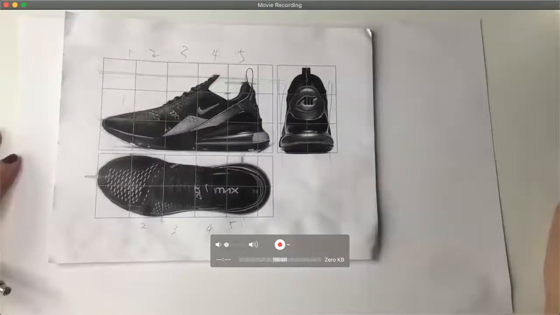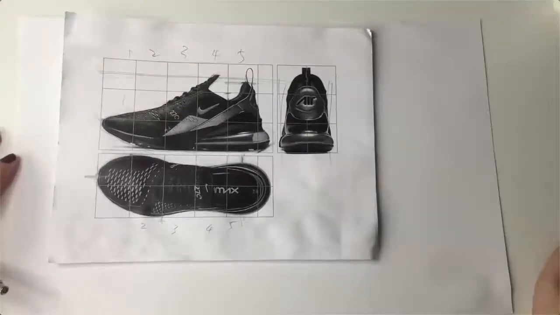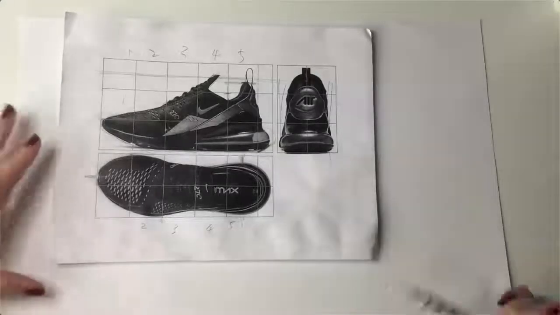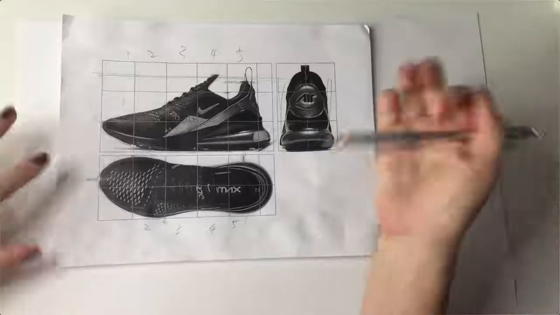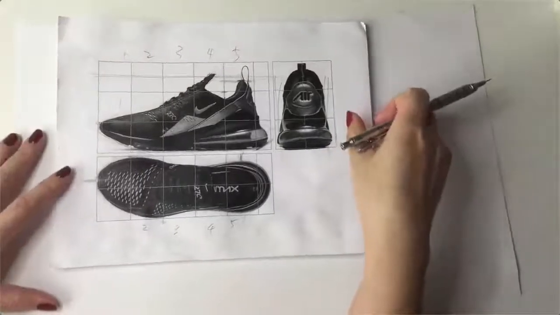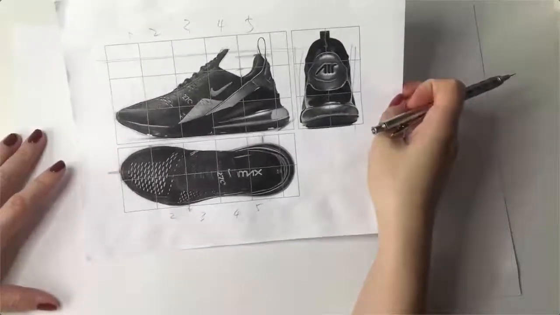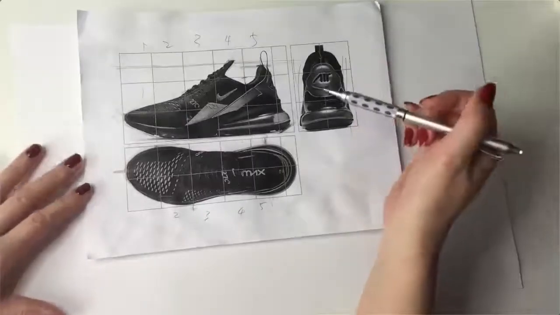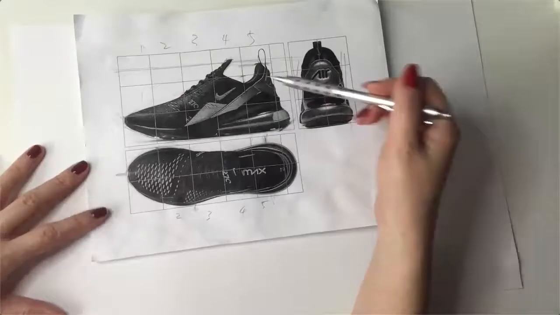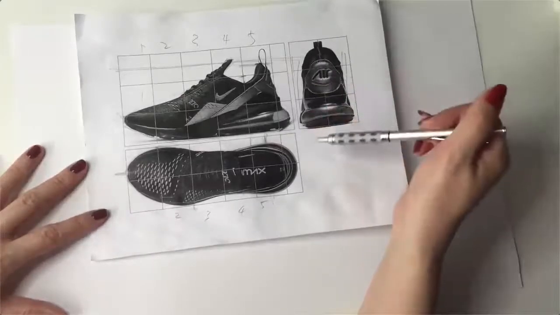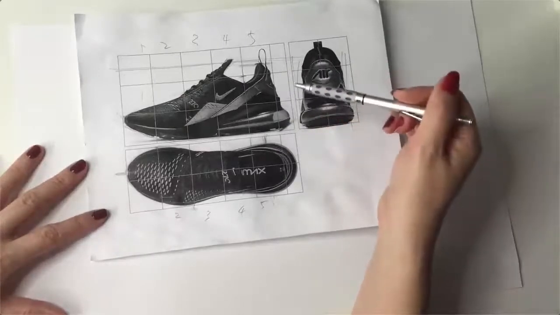Okay, now in this recording, we are going to talk about how to draw a sneaker. And I'm not a shoe designer, but still, we have this reference image here, and you can pick whatever shoes, sneakers you like, and try